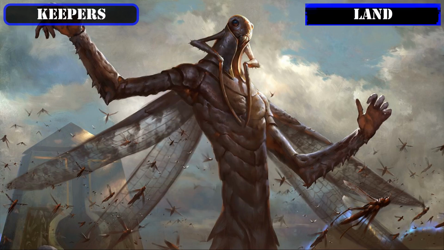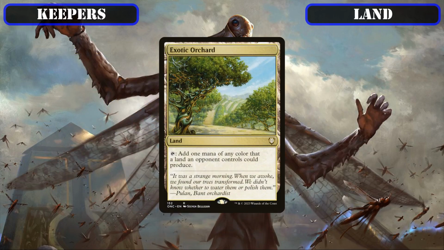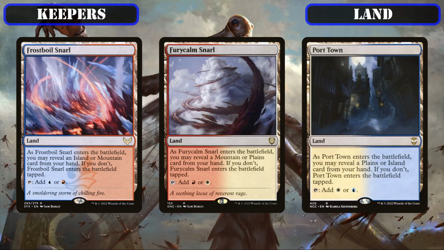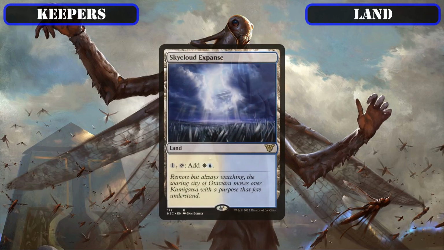And finally, reaching our land-based carryovers, we'll start off with our kept mana lands, in which we'll be hanging on to Command Tower and Mystic Monastery, which tap for all 3 of our colors to improve our mana base's consistency, Exotic Orchard, which comes into play untapped and can generally tap for at least a few of our colors off our opponent's lands, Frostboil Snarl, Furycalm Snarl, and Port Town, all of which tap for 2 of our colors and take advantage of our large number of basic lands to typically come into play untapped, Prairie Stream, which also taps for 2 of our colors and typically comes into play untapped thanks to our basics,